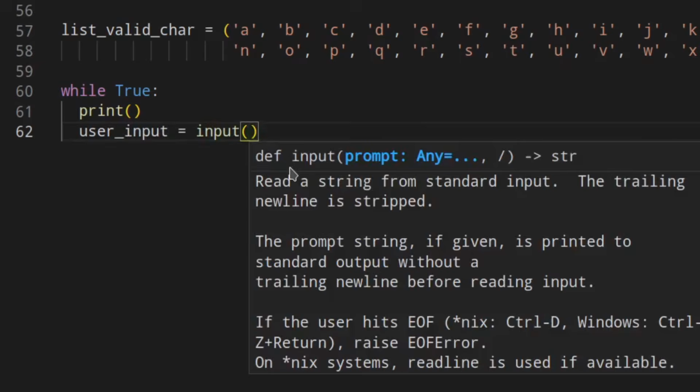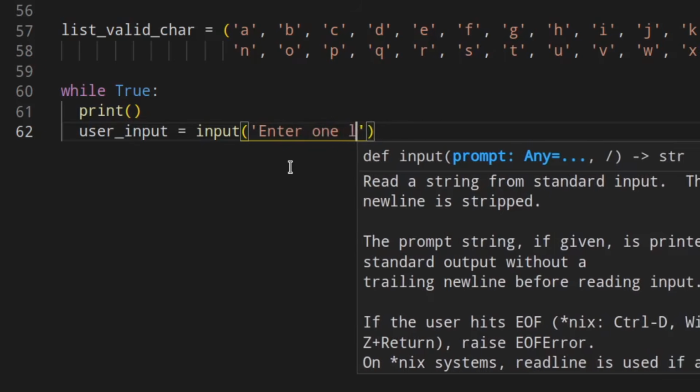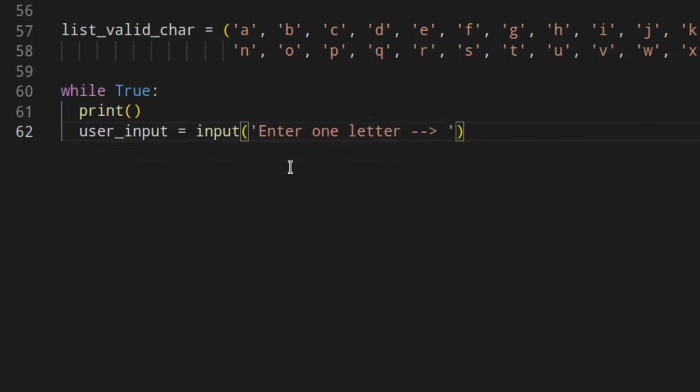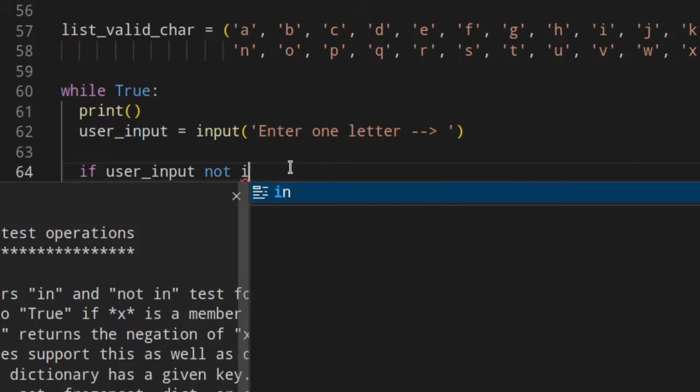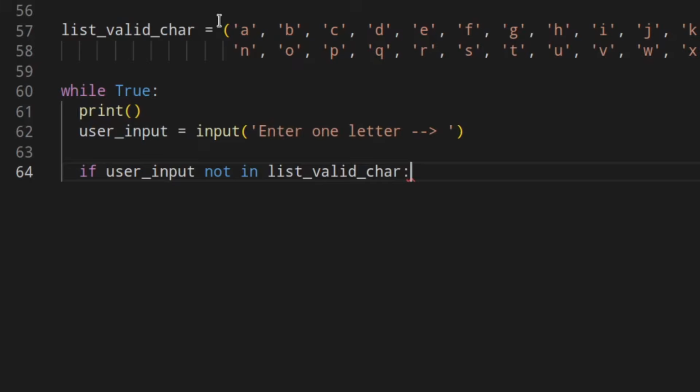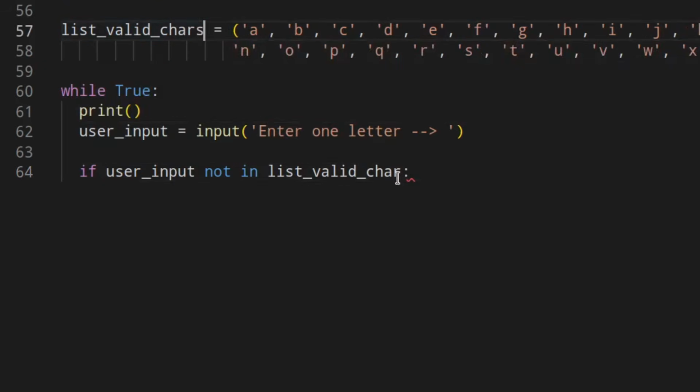Input: enter 1 letter. Just 1 letter. Then, if user input is not in the list of valid chars, actually let's write it that way, so that should make more sense.